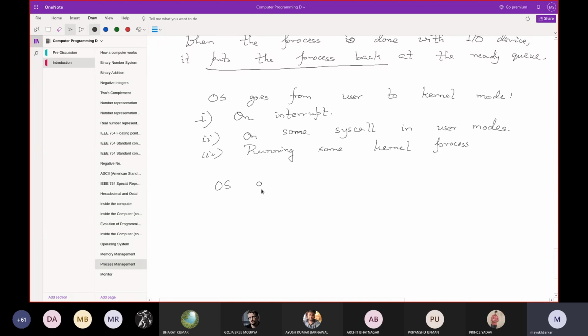And the OS goes from kernel mode to user mode only when the task in kernel mode is done and the next process is a user process.